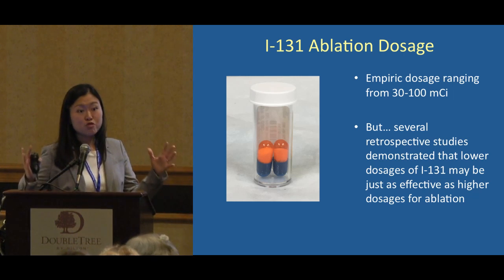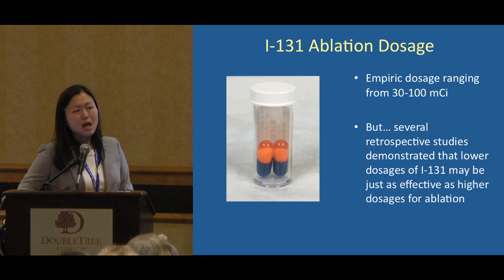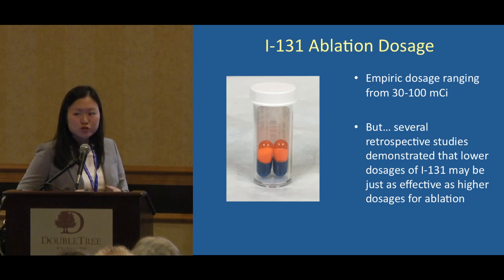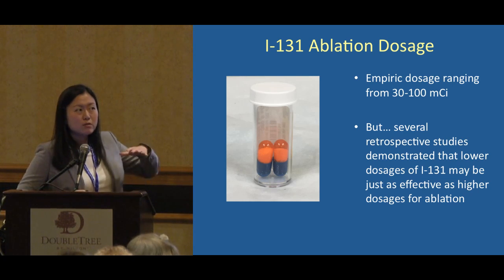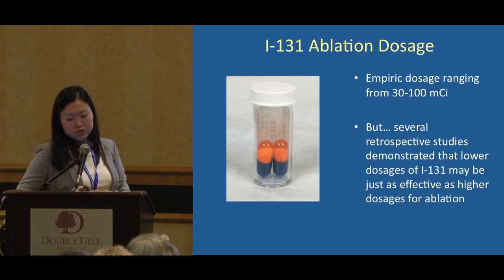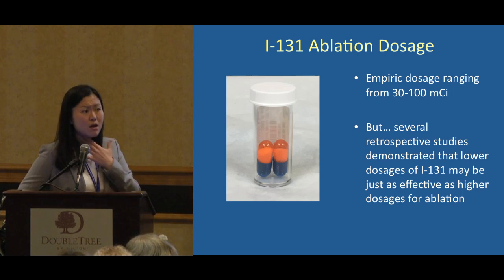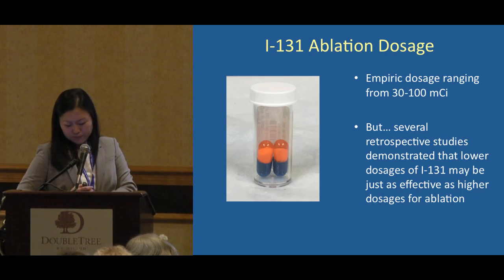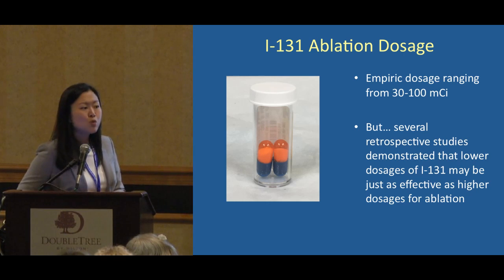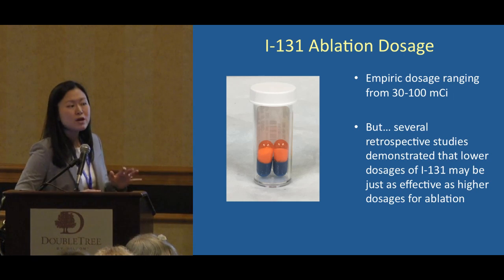But then there were retrospective studies coming out, basically looking back at data, which said, wait a second. Maybe instead of giving patients closer to 100, 30 millicuries might be just as good for ablating the remnant thyroid tissue. And in 2012, two very large prospective